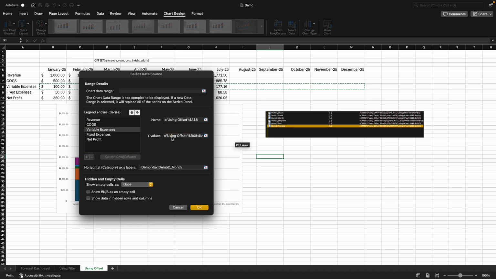Same thing with variable expense. Come here, paste it, change it to variable. Did I spell that wrong? Variable. Okay, there you go. And then fixed expense, same thing. Paste it. Fixed. And then net profit, same thing. Paste it. Net profit. So this is definitely a more involved